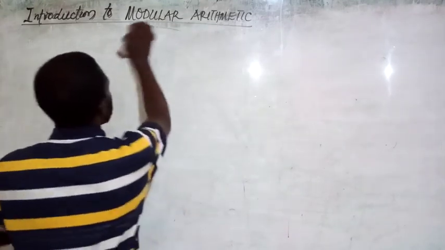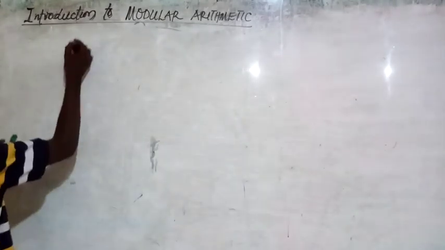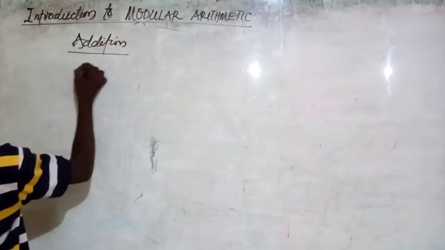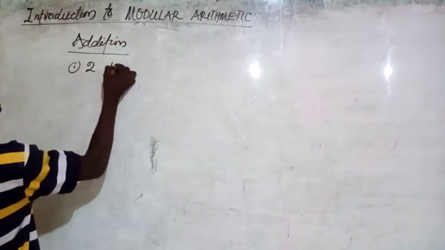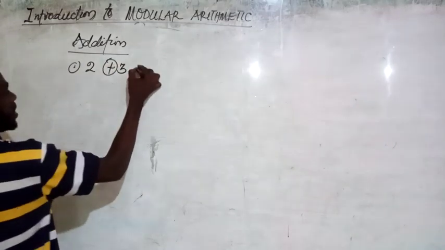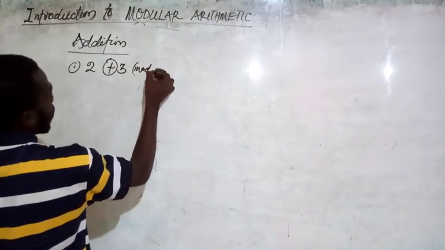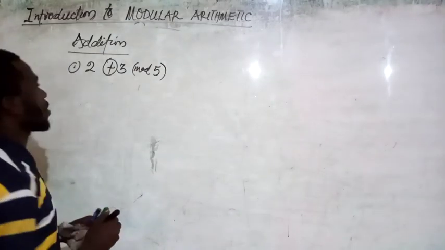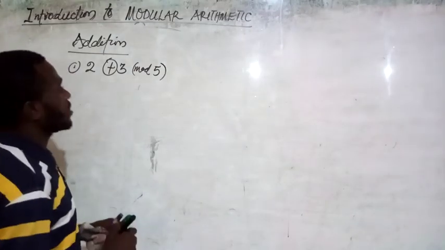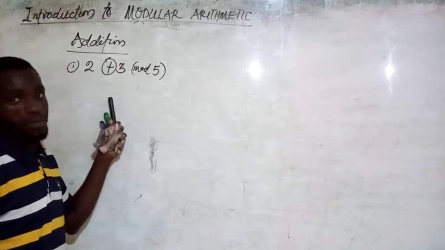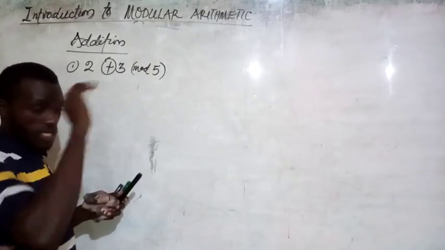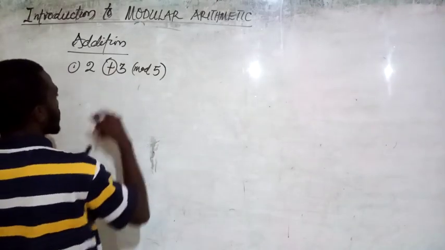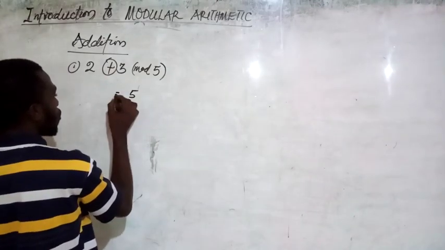Okay, so for example, if we are told to do an addition operation, say for example, 2 plus 3 in mod 5. There are two ways you do this, but I'm going to show you the easiest method first. What you do is this. You have 2 plus 3. What does that give you? 5. And you know that